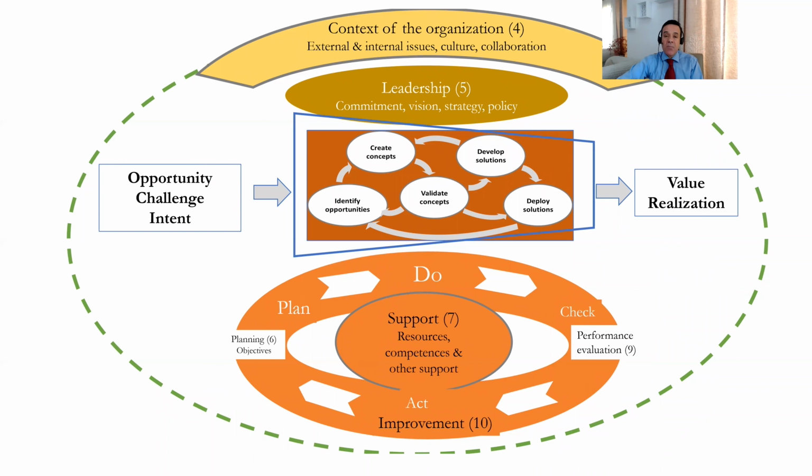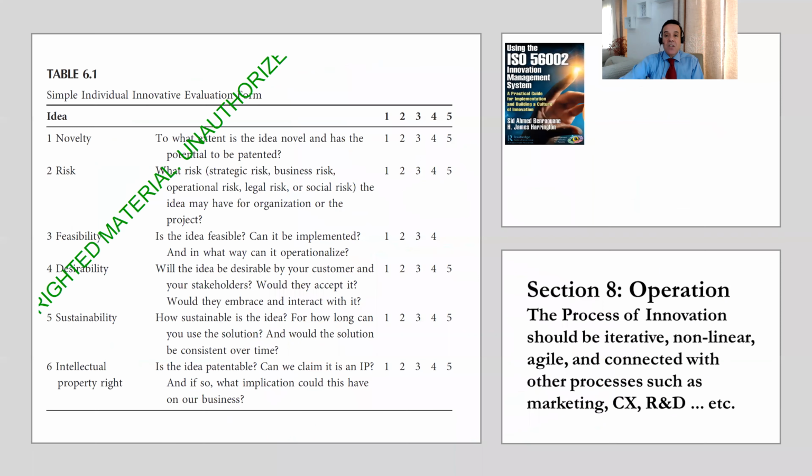Another important idea we talk about in the book is, of course, the need to link these different steps with other processes. These steps are not thought of or implemented independently of what's happening in the organization. So always, for instance, if you are in step 2, which is creating the concept, or in step 1, identifying the opportunity, you need to go back to your sales process. You need to go back to your customer